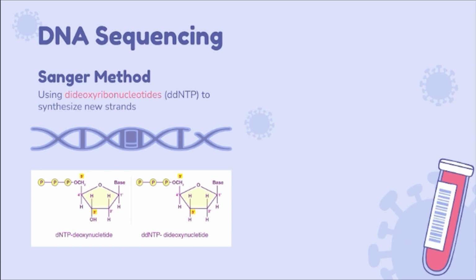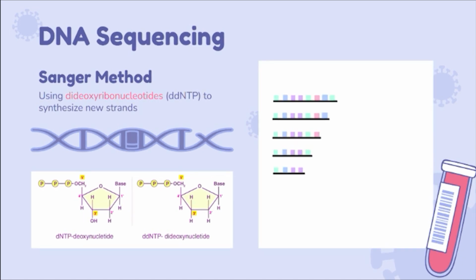Remember, each tube's ddNTP has one of the 4 possible bases. So let's say the ddNTP in one tube only has cytosine base. Well, that means the location where synthesis stops, there is a cytosine ddNTP. And that's how scientists are able to determine the